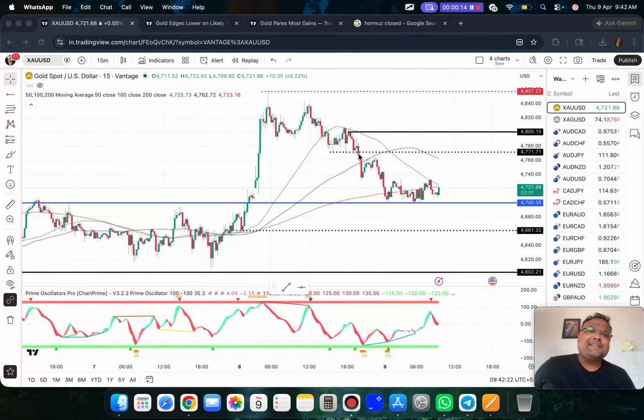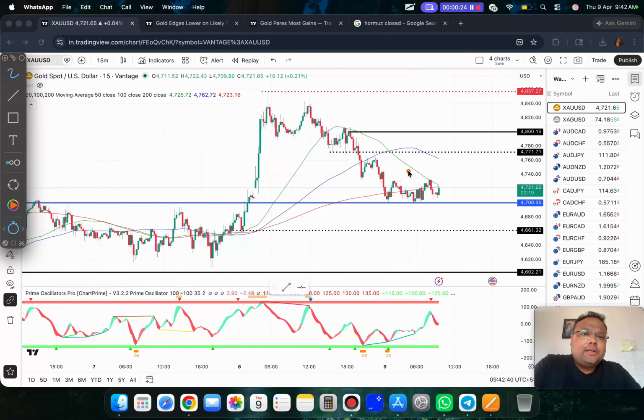So let's get started. My dear friends, this is the 15-minute chart of gold in front of us, and we can see that after a big technical correction, gold is right now trading around 4700. Yesterday when we were discussing gold, it was trading around 4800, and yesterday we spotted this